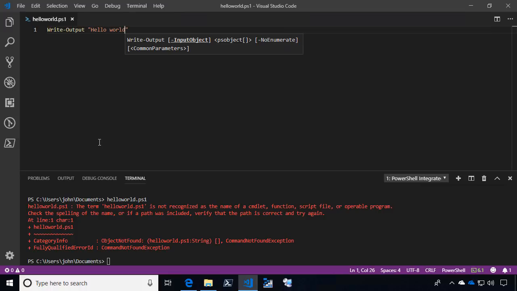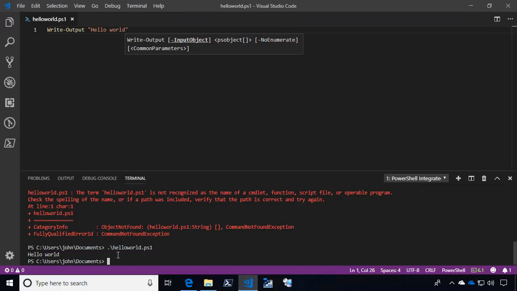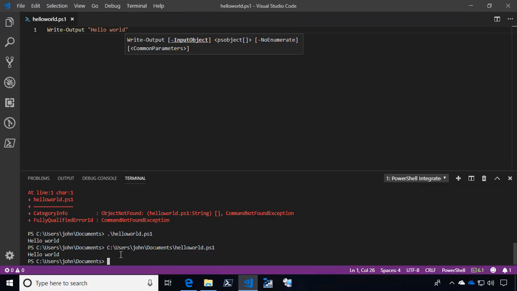To execute, I have to give it the full path. Now, if it's local, well, I can just say .\hello world. And then it's going to execute. So that's how I run a script. Again, this isn't, oh, this was a mistake. Why can't I just run it? It's deliberate to help protect me. Now I can also pass the full path. So if I did C:\Users\John\Documents\hello, that's going to work as well. I'm making a definitive choice. That's the file I want to run. But I can't just accidentally run a file that's in my local folder. I have to do the .\